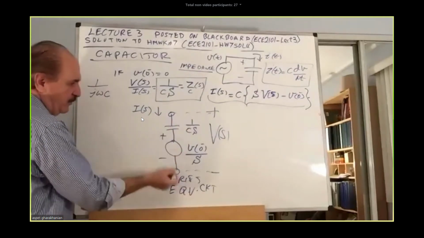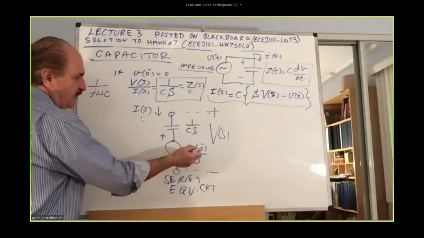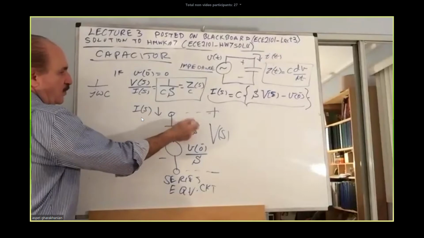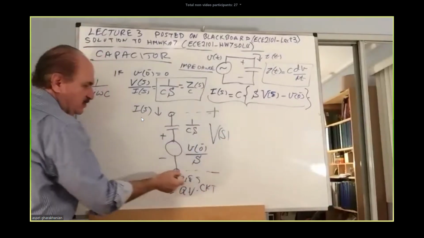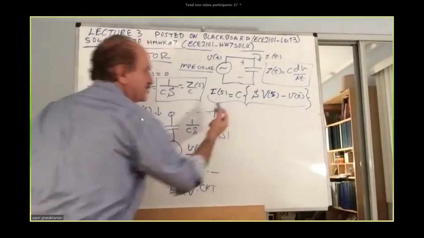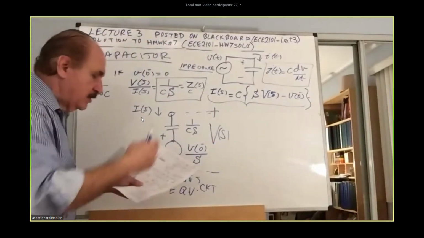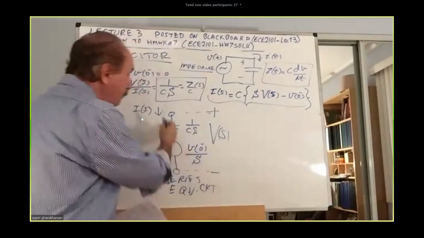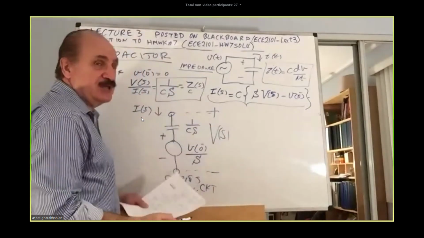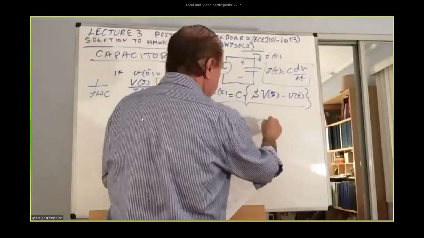So keep going up. That's V of 0 over S plus I of S times 1 over CS minus V of S equal to 0. That's the KVL. It will come to that line exactly. The other option is the parallel presentation of that equation. This equation can be presented in a parallel form as